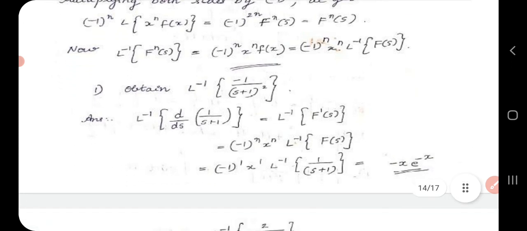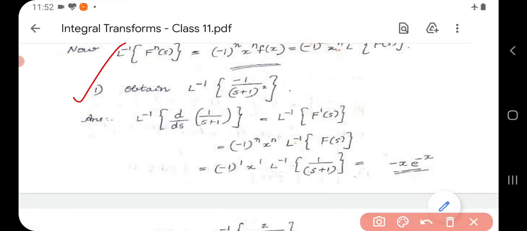These problems are important. Okay, so we will study this problem. L inverse of minus 1 by (s plus 1) the whole square. You can rewrite it as L inverse of d by ds of 1 by s plus 1, because the derivative of 1 by s plus 1 will be this one. So it is L inverse of the first derivative of the function f1(s). Now L inverse of f1(s) can be written as minus 1 whole raised to n